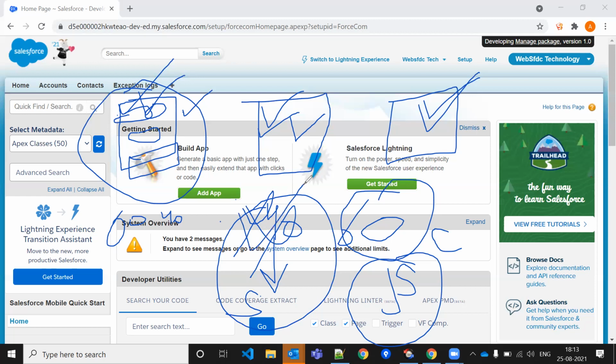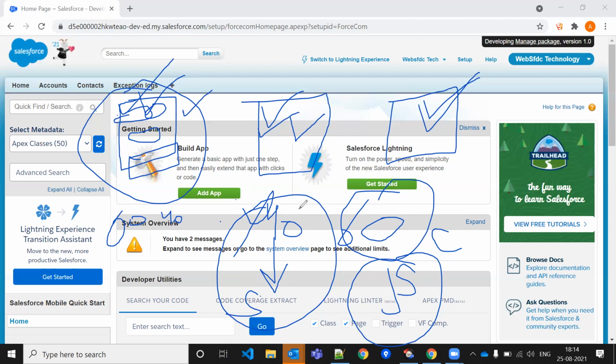So this is our database. With JavaScript, we cannot do any SQL query, we cannot do any DML operation, we cannot do lots of things. But with Apex class, we can do everything. That's why Apex class is required in case of lightning component as well. Okay, so this is a thing.